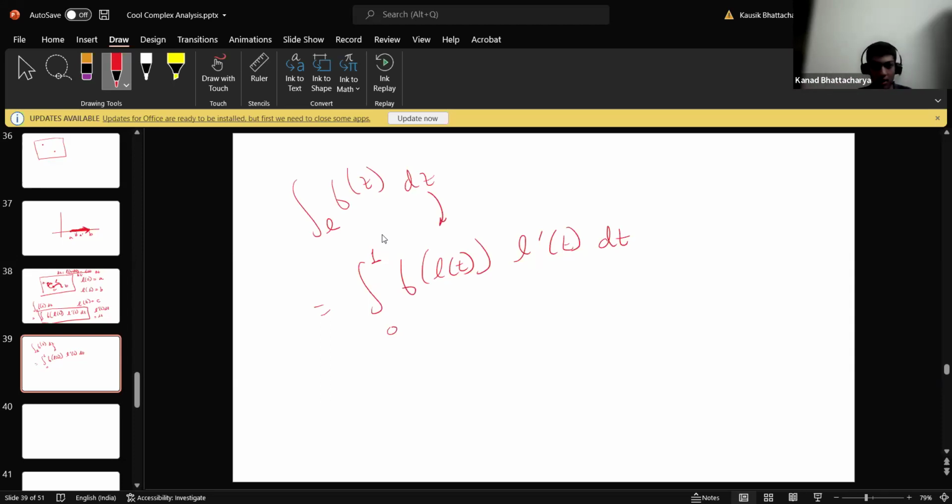As I hinted before, if a function is complex differentiable on